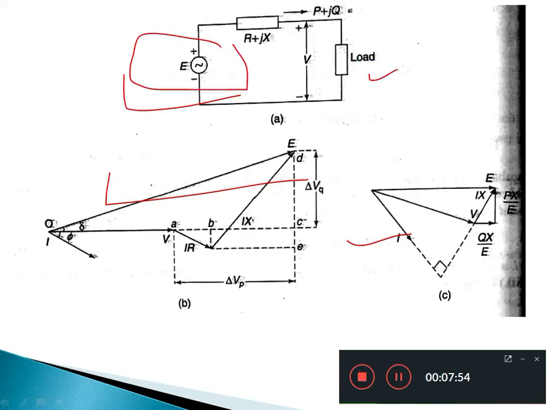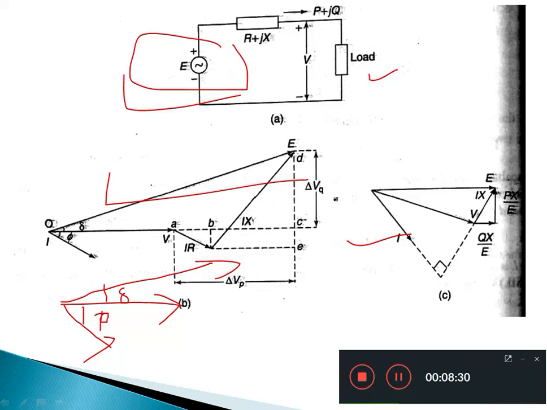The total power consists of P plus jQ. So this is the vector diagram for representation of change in reactive power with respect to the voltage. Here you have to draw the vector diagram. So let us consider the voltage as reference. If you consider the lagging load, the current lags the voltage by an angle phi. Then the excitation voltage, which is leading in nature, is represented by the angle delta. Clear? Delta represents the excitation angle for the system.